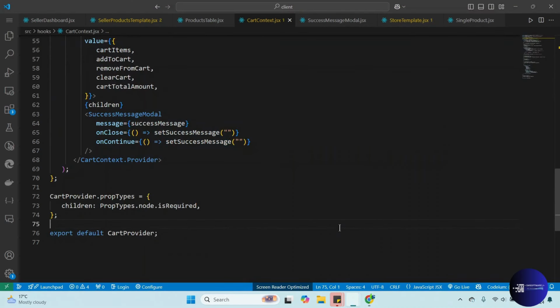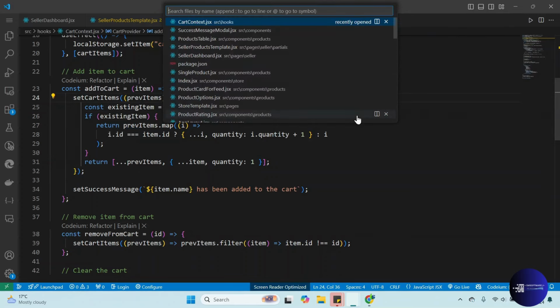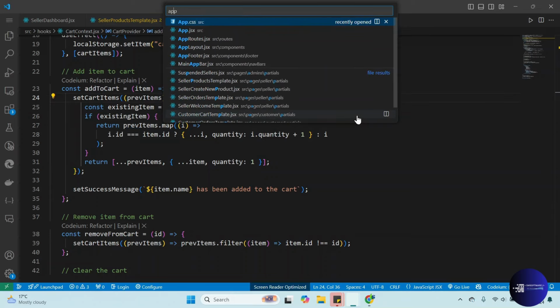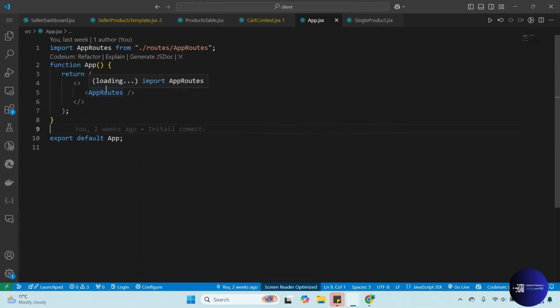Now we have to go. We can now use this. All right, so to use our card context, we can close this, but we are coming back to that one. Let's close the store, this one, and this one. We are going back to single product. So we can go to App.jsx. This is the one. You want to wrap this with our card context. So you can do